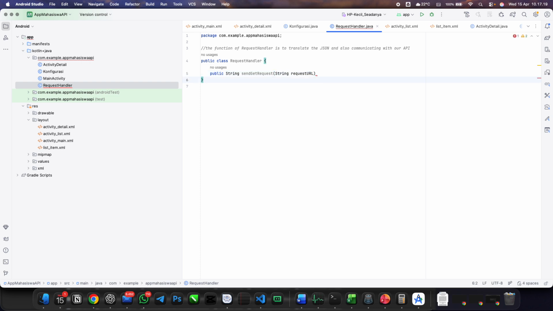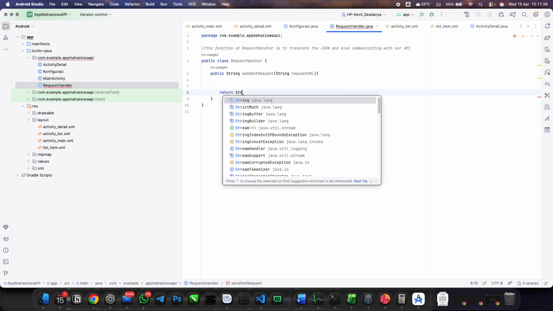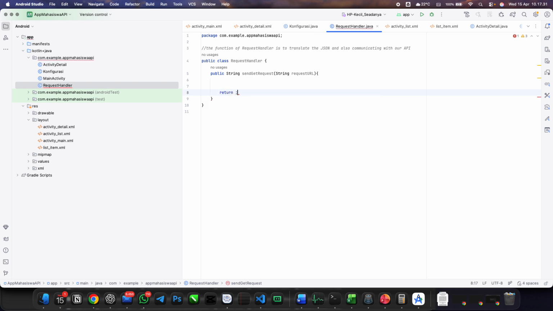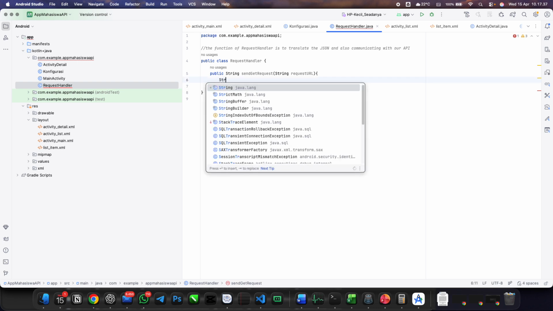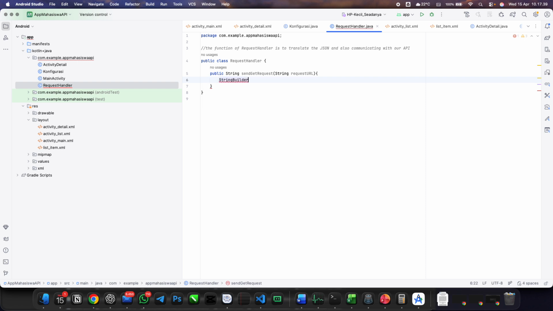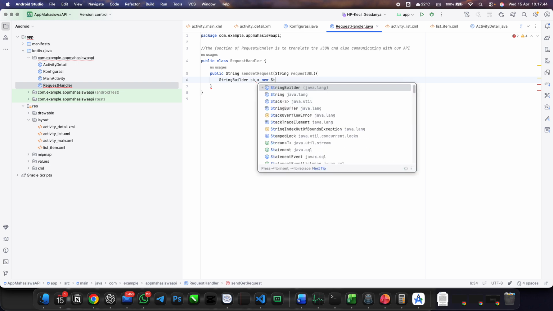If there's an error, it's okay, because we have to return a string. Since we haven't returned anything, it will be marked as an error. StringBuilder, we call it sb, is a new StringBuilder.